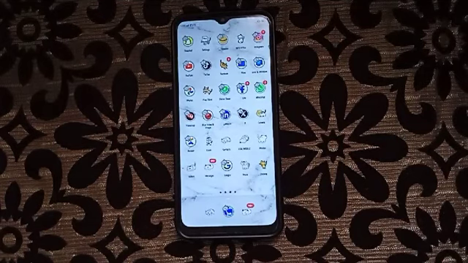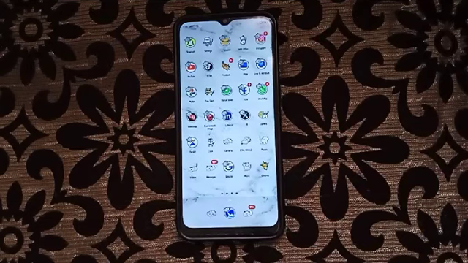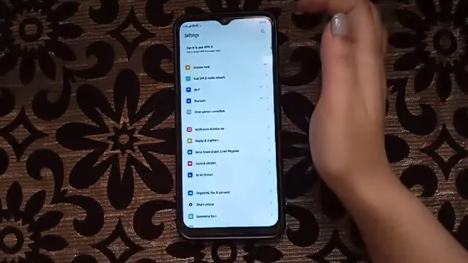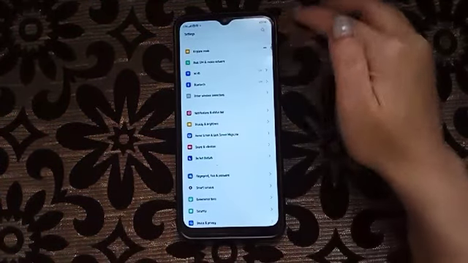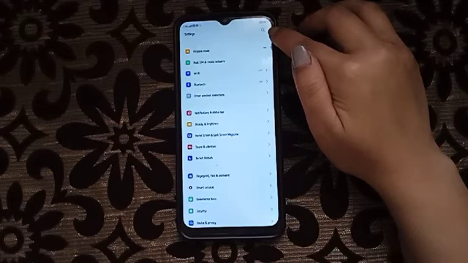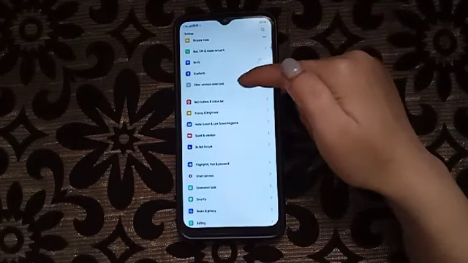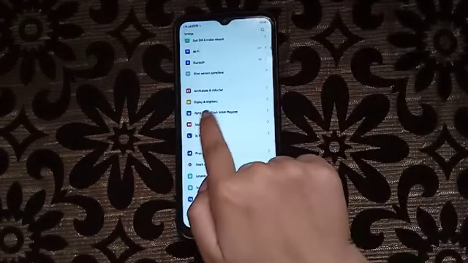So now I'm going to show you how to make a full screen on the phone. To make a full screen, we have to click on settings. Then you can simply search it here so that it will make it easier, or you can scroll down and click here on display and brightness,